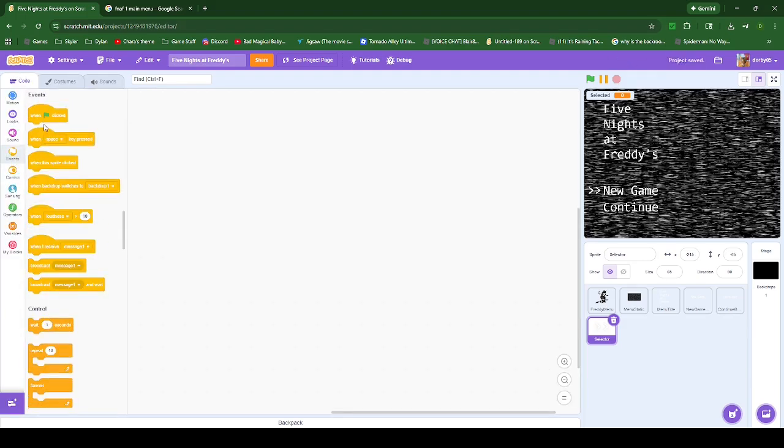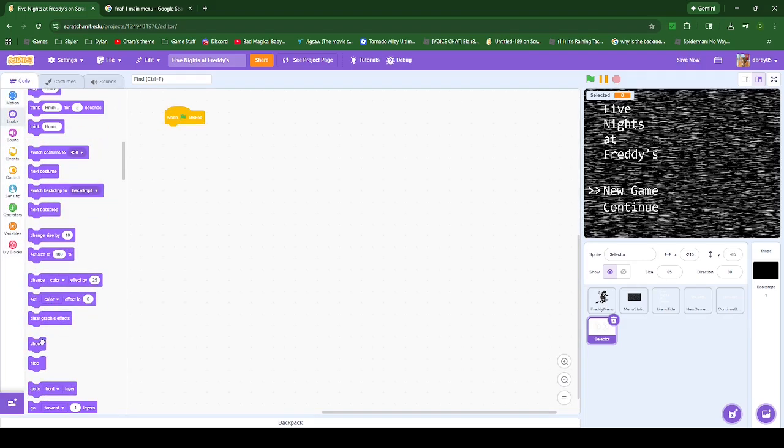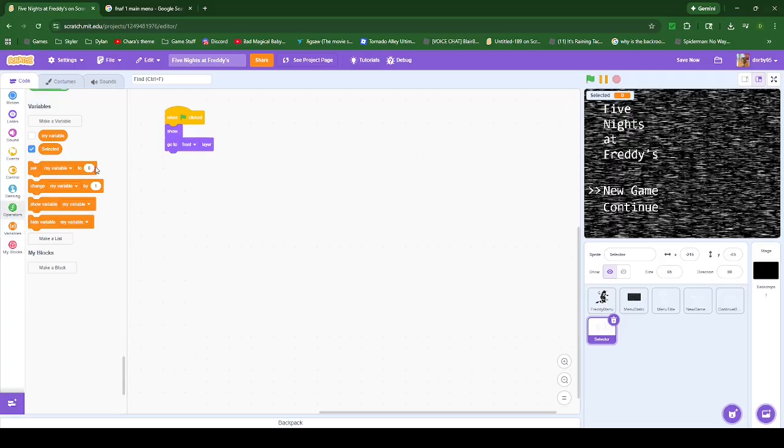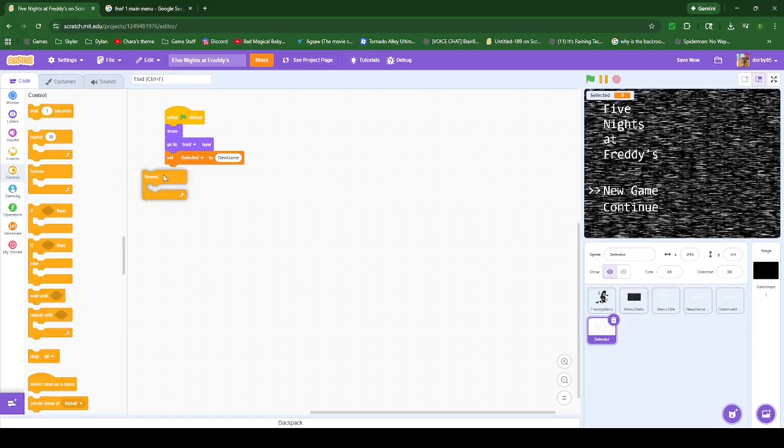So when flag clicked, let's show it. It's also going to go to front layer. Then set variable selected to new game. And hold on, I'll be right back. Alright, I'm back. So when the flag clicked, show, go to front layer, select new game, and then after that, forever, if